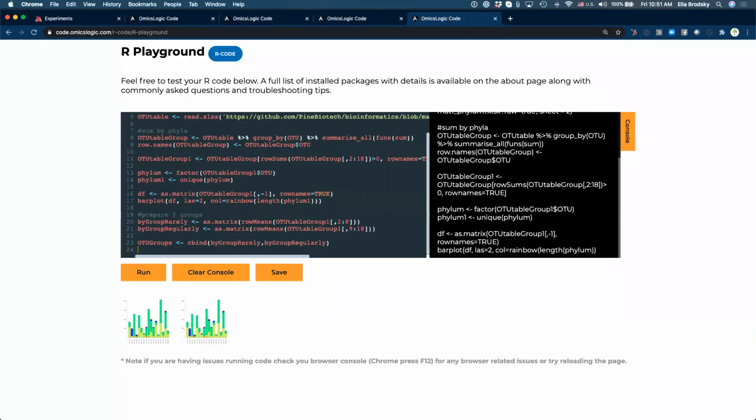And let's just add those names also. So we'll just say OTU, or sorry, col names. We'll just add col names to OTU groups. And they will be rarely and regularly.